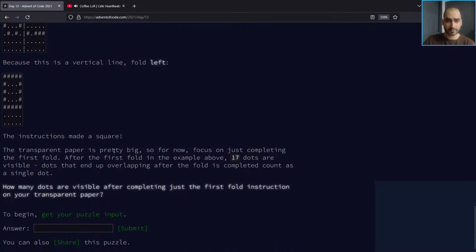The transparent paper is pretty big, so for now, focus on just completing the first fold. After the first fold in the example above, 17 dots are visible. Dots that end up overlapping after the fold is completed count as a single dot. How many dots are visible after completing just the first fold instruction on your transparent paper? So